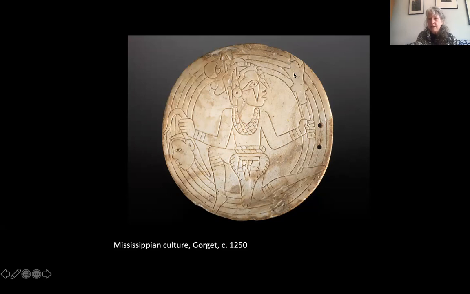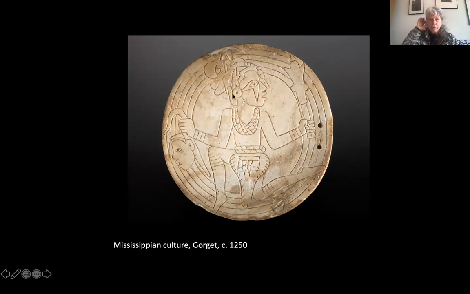And this is a mace, which is a kind of war instrument, like a club. And it appears that he's running. And he has a very elaborate headdress that has a bow and arrow in it. And these ear spools, which are also a common part of North American and Meso-American iconography, that signals a sort of elite person